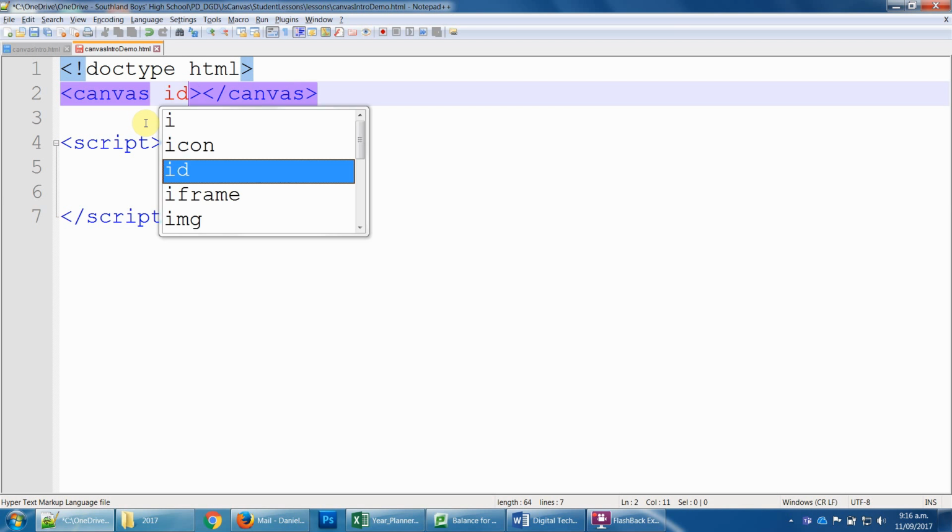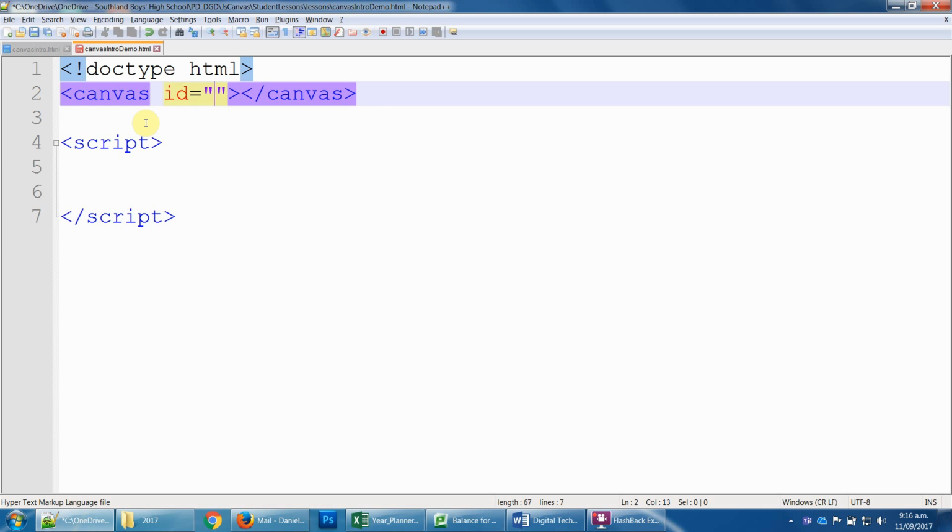So first we're going to use an ID. Generally speaking, in JavaScript, when we access things in the HTML, you want to use an ID because an ID can only be used once, and those same terms that you're linking through in JavaScript can only be used once. You can't have an ID that does several things in HTML, that would be conflicting. So we're going to call it gameCanvas,